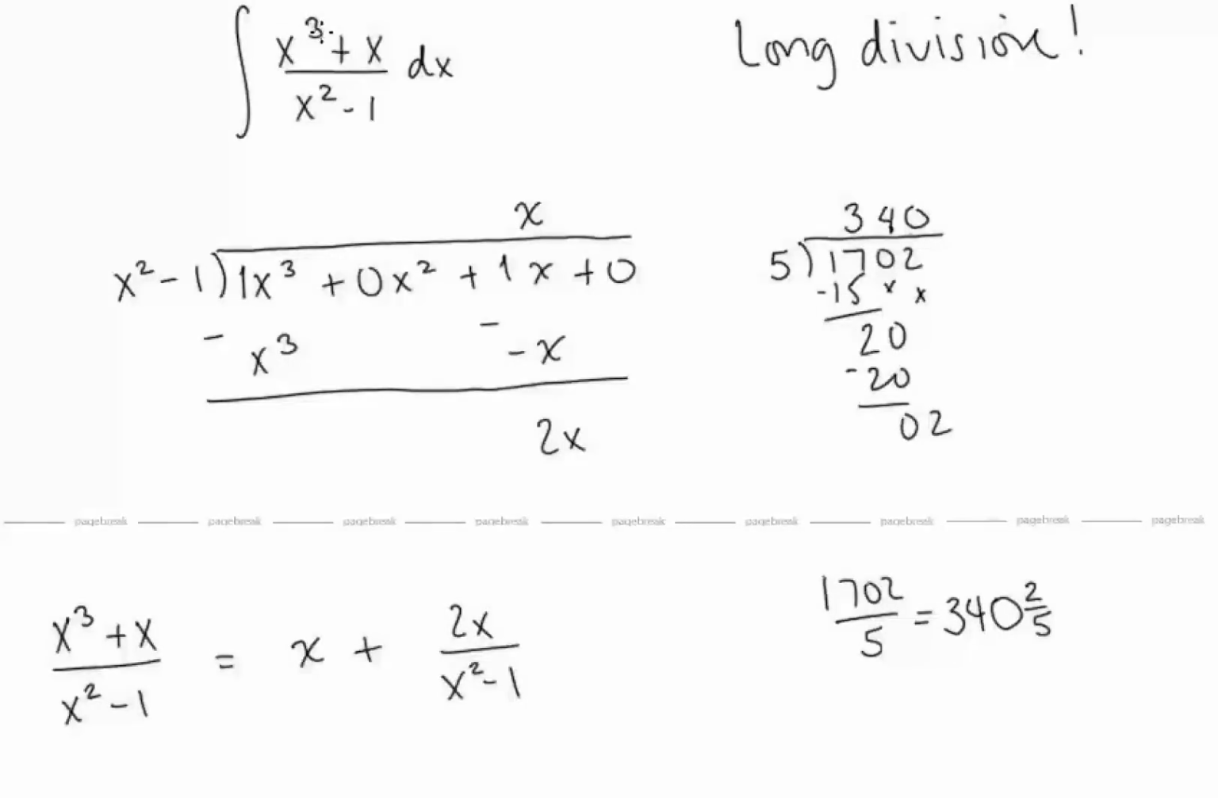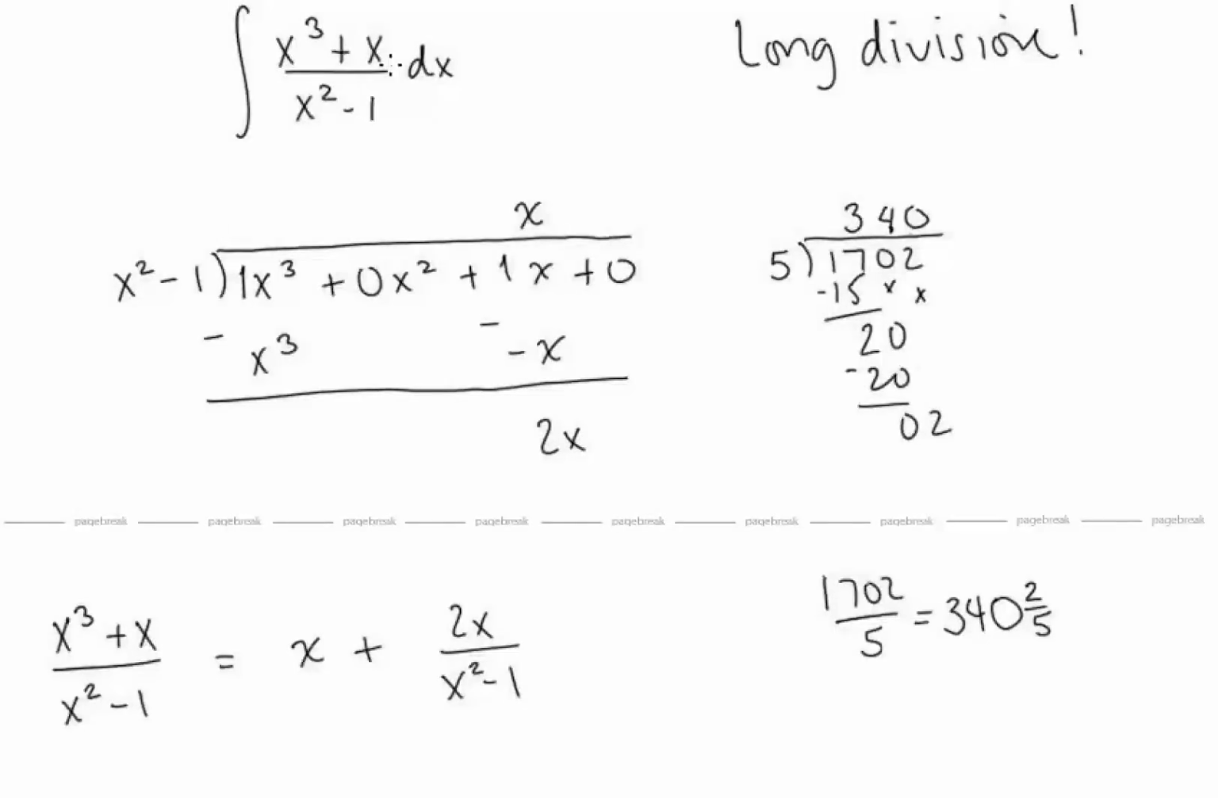Here we have x to the third plus x, and we want to divide it by x squared minus 1. So we have x to the third plus x as our dividend, and we want to hold the places for all the powers of x that aren't showing up here. So this is x to the third plus 0x squared plus 1x, and then plus 0 to hold the place for the constant there. And now how many times does x squared minus 1 go into x to the third